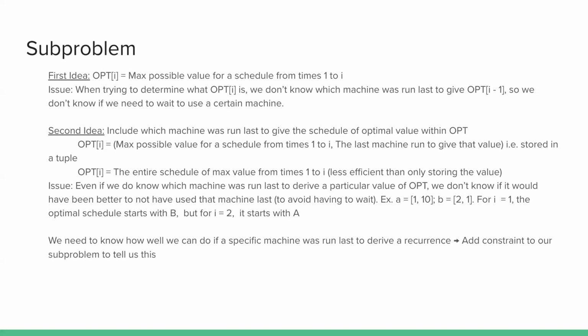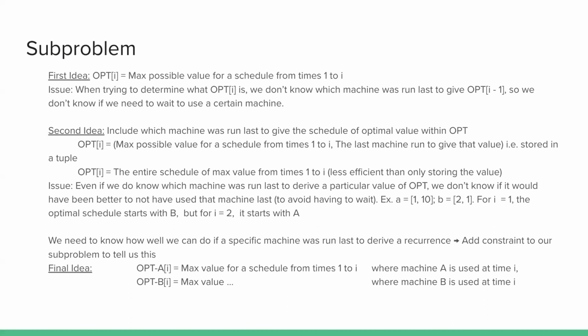So the final solution that we use is to have 2 DP arrays or a 2D array, depending on how you think about it. So you have opt of A of I and opt of B of I. Opt of A of I is the maximum value that you can get from 1 to I, provided that machine A is used at time I. And opt of B of I is the maximum value when machine B is used at time I. So